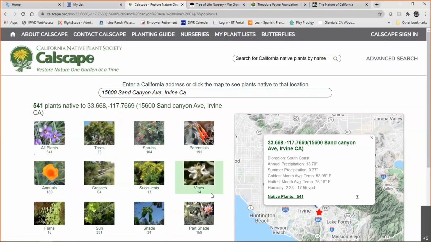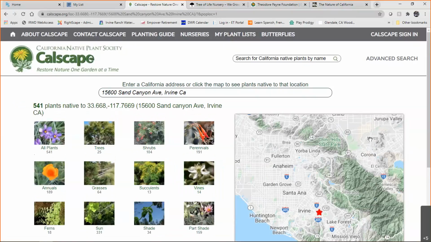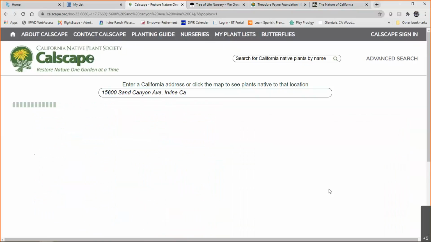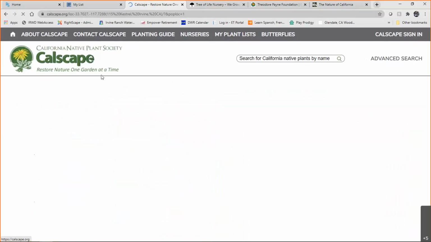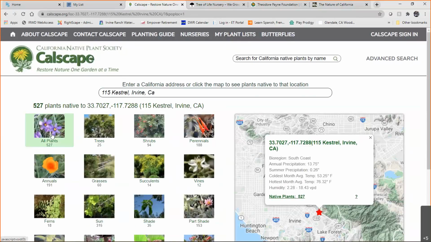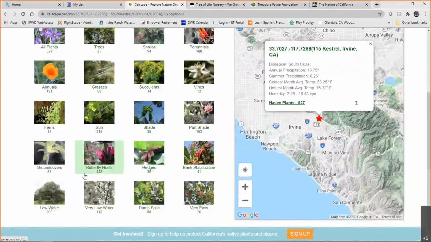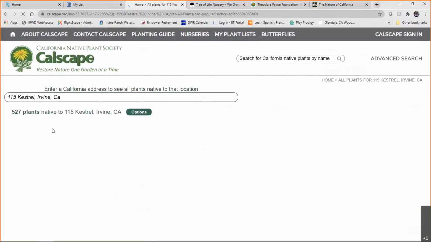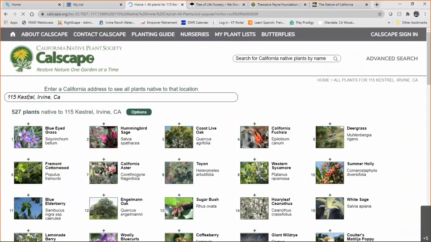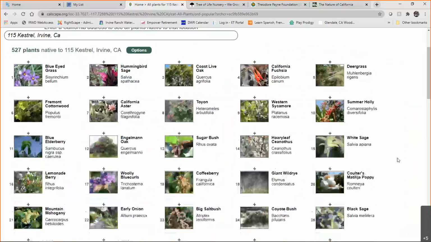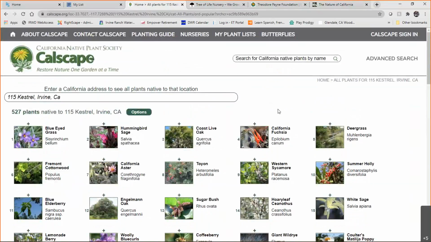So it's telling me that here on this little spot on this beautiful planet, in our beautiful state, in Irvine, okay, just took me back. There we go. So there are 527 plants that are native to this unique area. And you can look at them either by trees, shrubs, perennials, succulents, grasses, and as you can see here, it just groups them all together. Or you can just do one big mass search. Oh, I think this pointed at a different address, but it is in Irvine. So here's an address, and here are the plants that are native to this area. So another great plant search here.